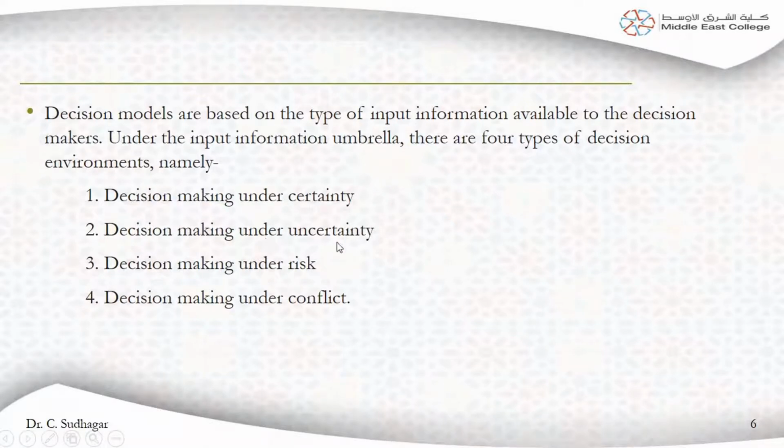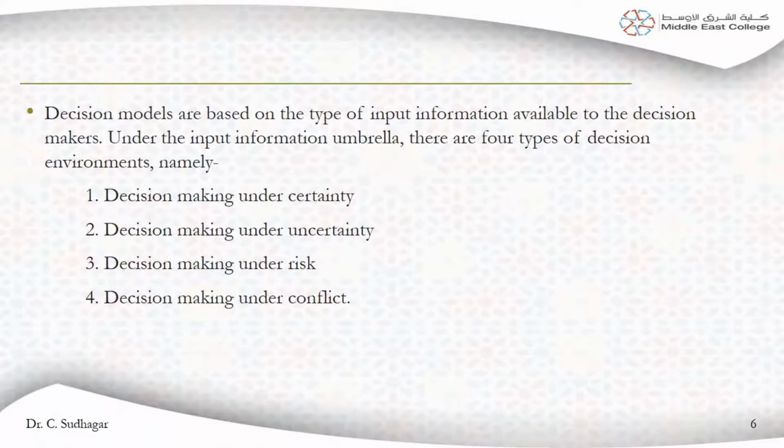Decision making under uncertainty. For example, in your place there is no shop for gold. Suddenly, if you want to start a business of gold jewelry, you don't know how many people will come and buy. Whether they will like it or not, and particularly in a country like this, whether it is favorable or not, whether people will try to buy the gold or not. So that is decision making under uncertainty. Uncertainty means you will not have any information because there is no such shop in your place.